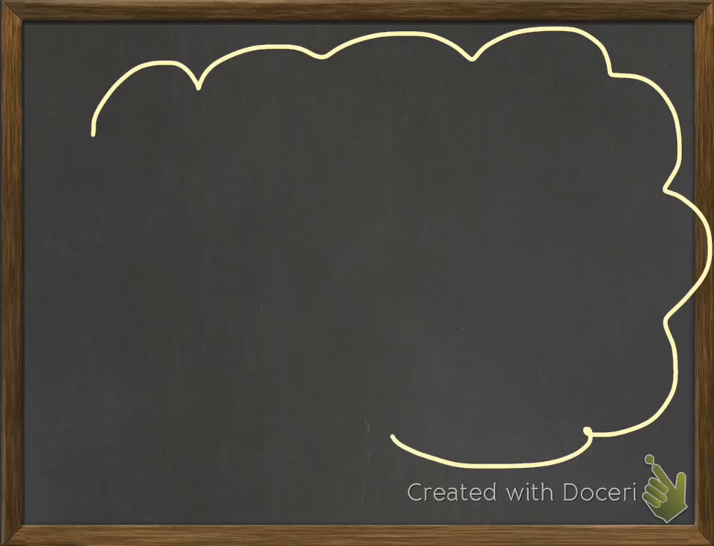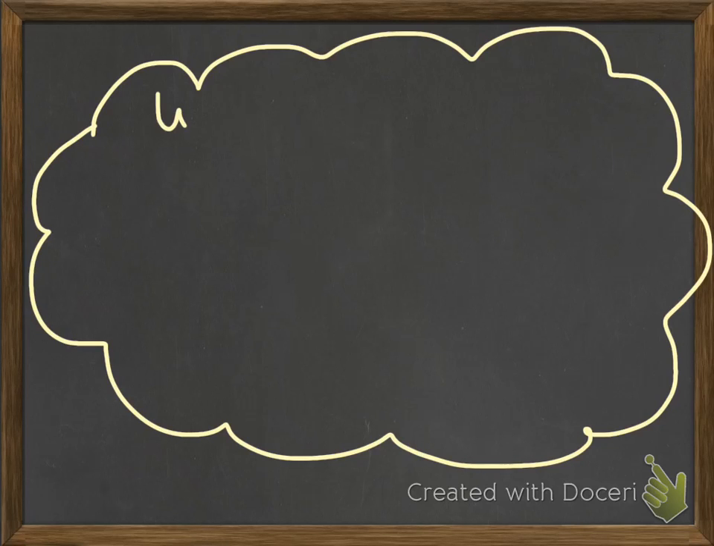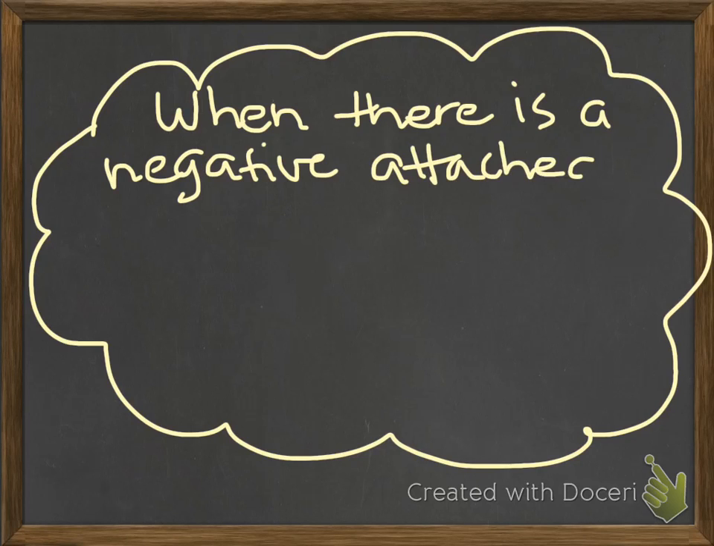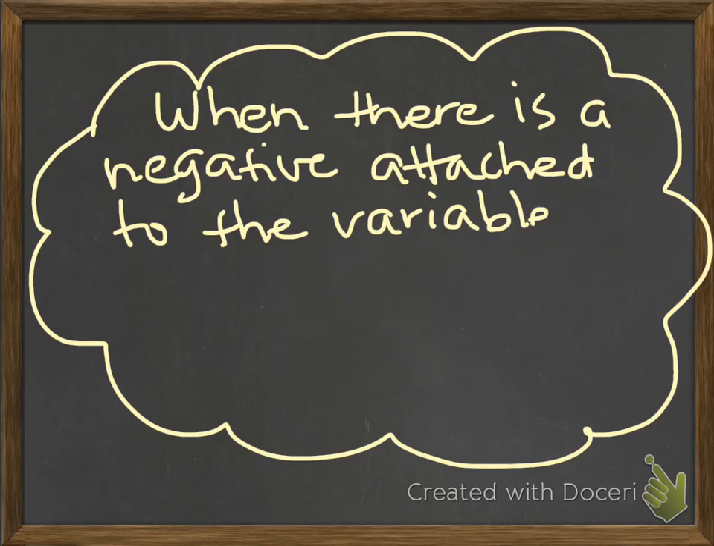Okay, so in your notes, you need to make a bubble. Okay, because this is very important. It will be on the quiz on Friday. When there is a negative attached to the variable, switch